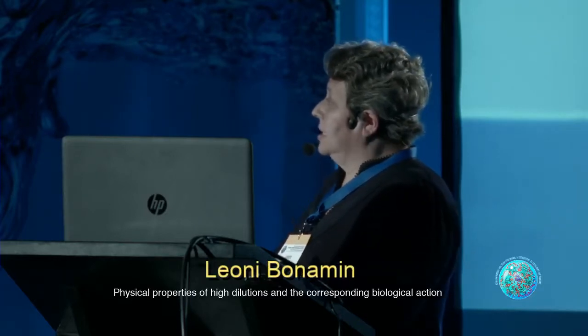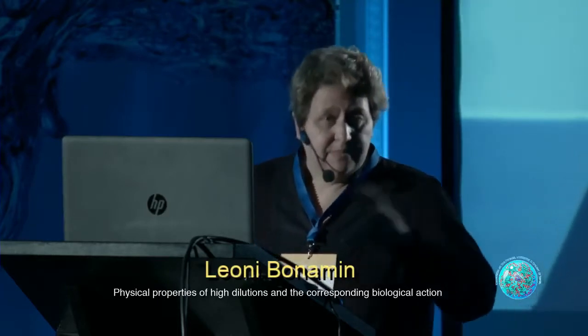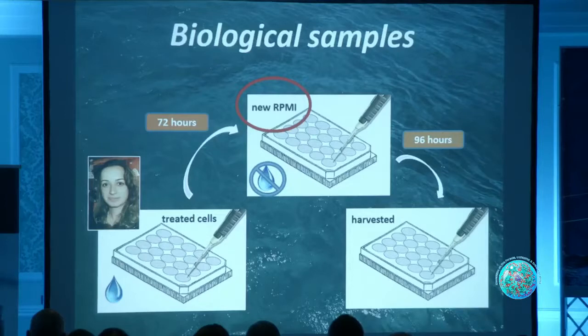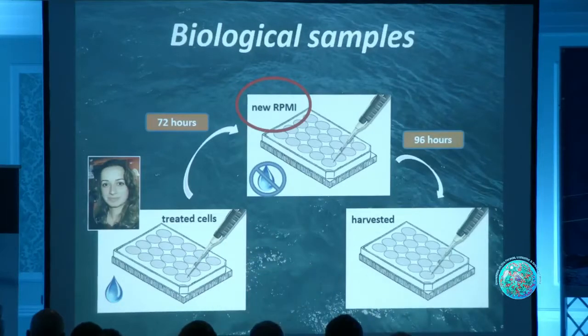In another study, we tried to use biological samples and perform the same method. Not the medicine itself, but biological samples. And which kind of biological samples used? Used the same supernatant that Fabiana has stocked in the freezer from the treated cells. So here we can see a plate of cell culture with macrophages and leishmania treated with different potencies of antimonium